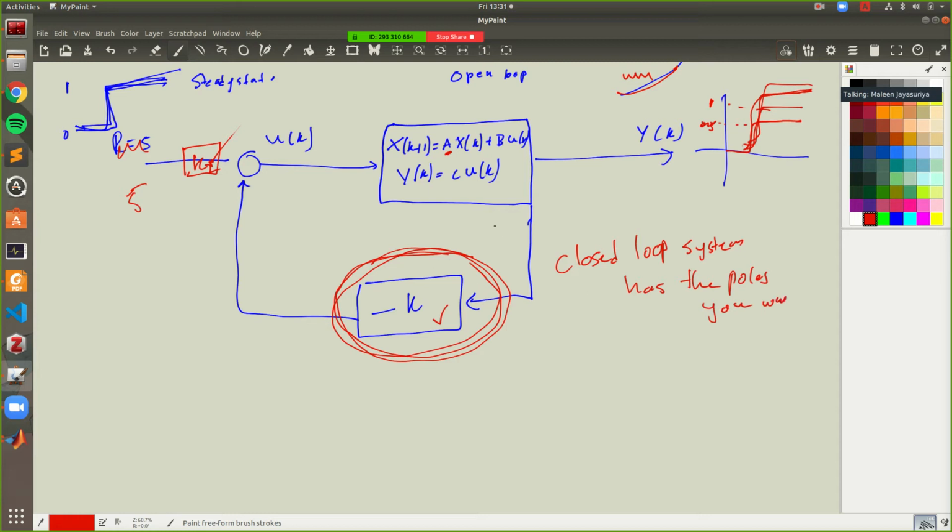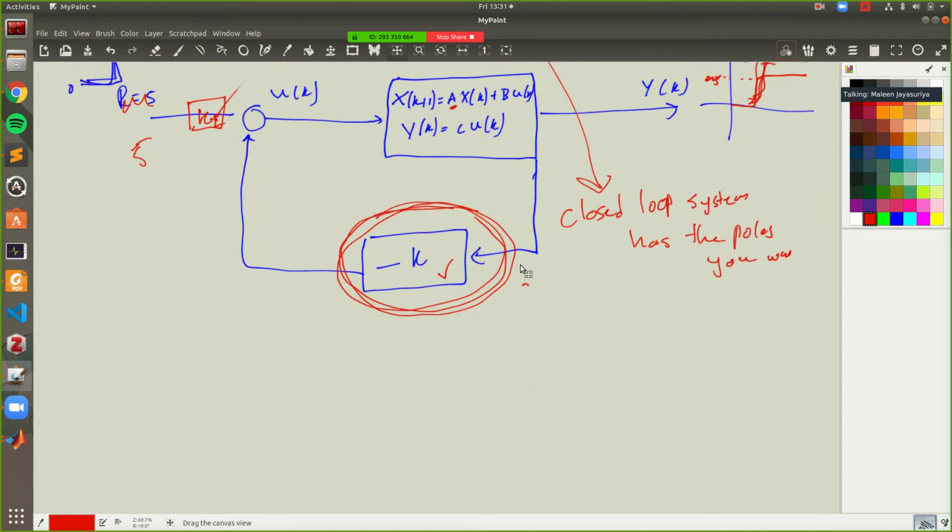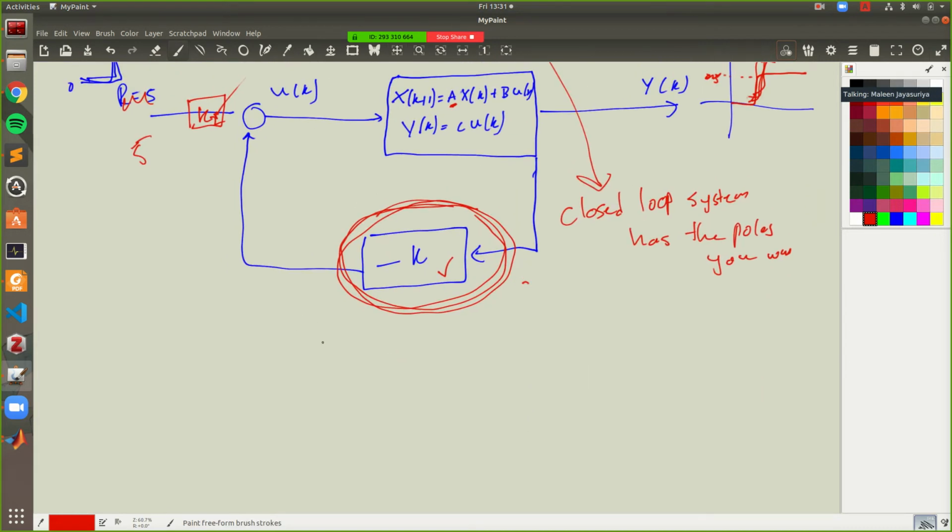So by adding this, it affects your open loop system. It creates a closed loop system that you can actually control, right? So how does that happen? Basically, if you look at your input now, your input has become equal to minus k. So this feedback is you're taking xk plus this reference into k2. Let's call this k1 actually, into b.